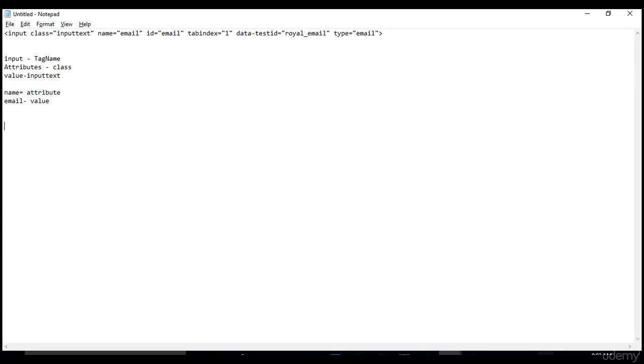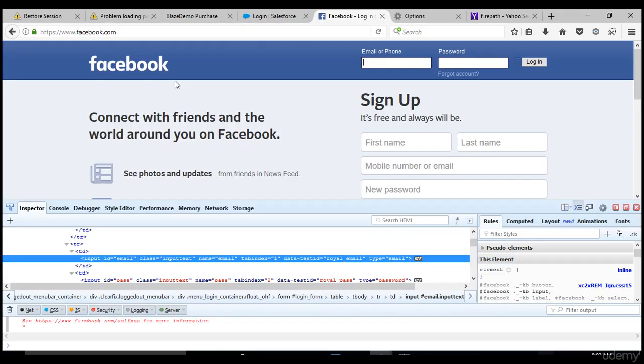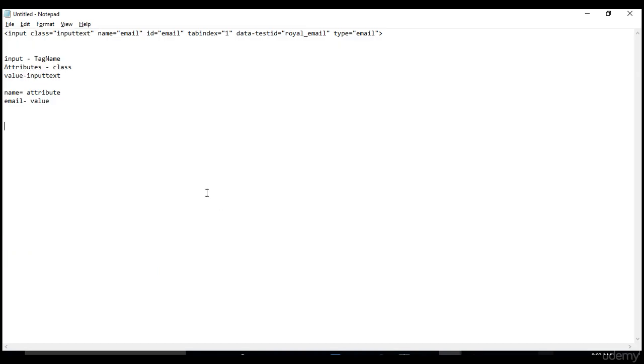If you want to write XPath for this particular email field, by looking at this, you can simply write it as / tag name, @ attribute equals value. This is the syntax of XPath for any given expression.